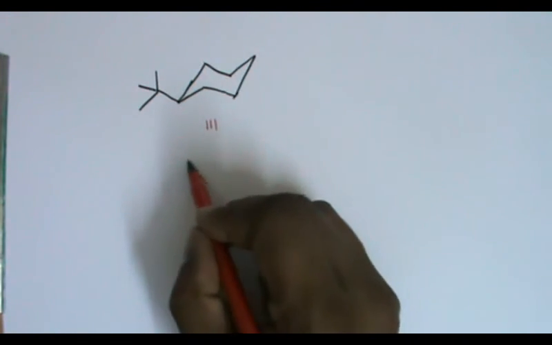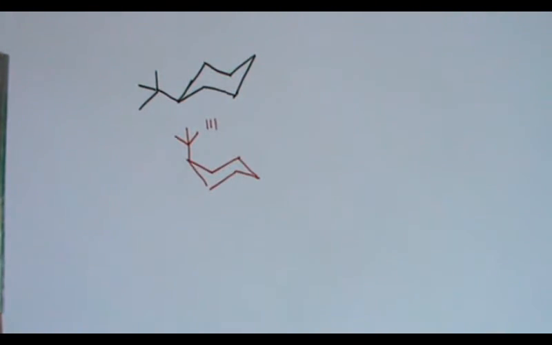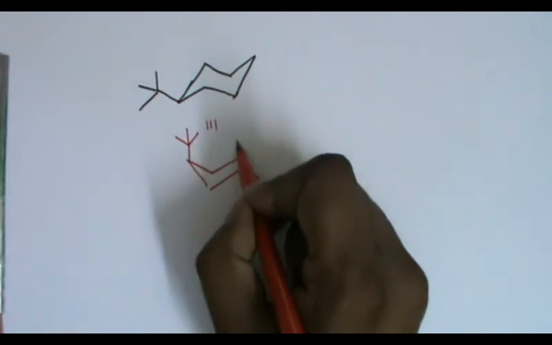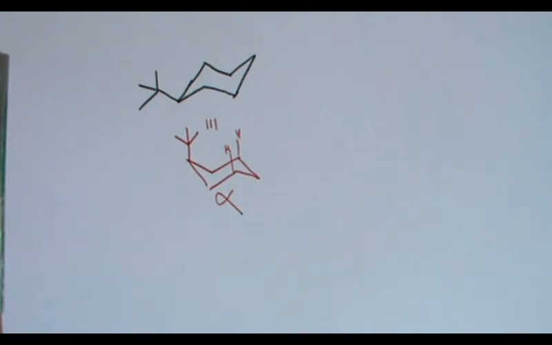Because of the bulkiness, if it undergoes flipping, then what we get is tertiary butyl in the axial position. There will be a lot of 1,3-diaxial interaction. Because of that, this is less favored or not favored at all. So when you introduce a tertiary butyl group or even an isopropyl group, the flipping of the cyclohexane molecule is reduced or stopped because of bulkiness.